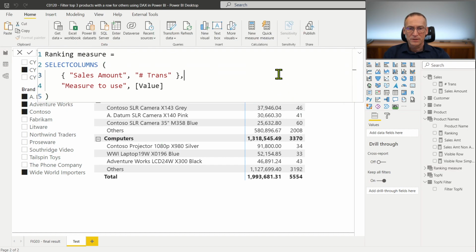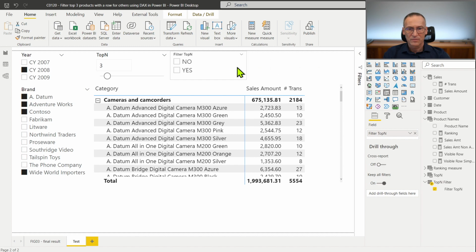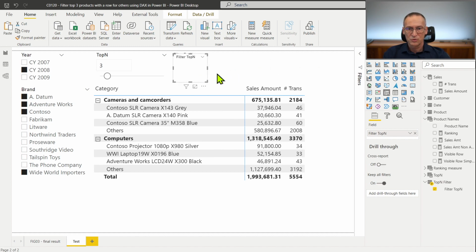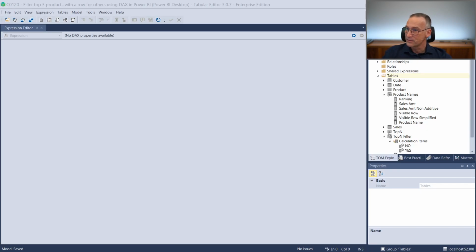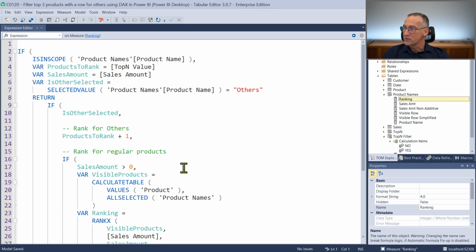And we also add a slicer to choose whether we want, yes, there, one measure or the other. So let me take a ranking measure from here, measure to use, get rid of filter top N, and now I can choose sales amount or number of transaction. As you might guess, nothing is going to happen right now because I'm not using this code. But I can select now number of transaction, and I need to use the selection made here in the other calculation. So in ranking,